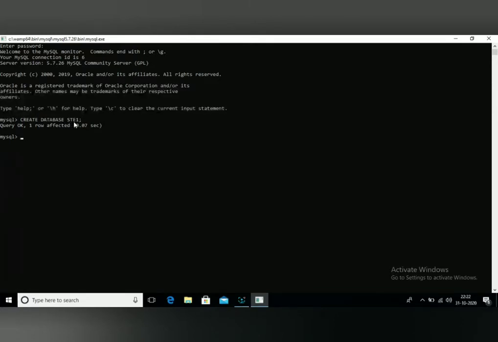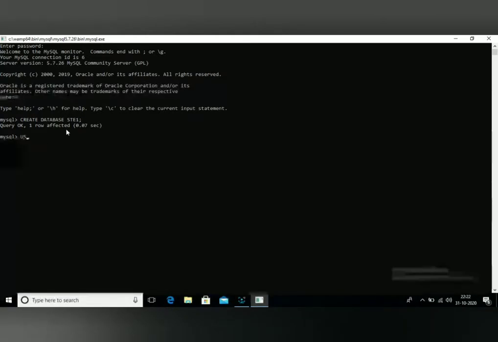Suppose the STE1 database is already available, then it displays an error. But here there is no database named STE1. So here it displays the message Query OK, 1 row affected. Now you have created your database. Then after you create your database, we must use the use command to use the database.